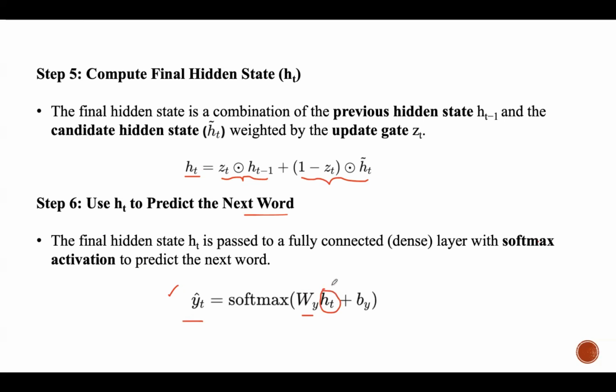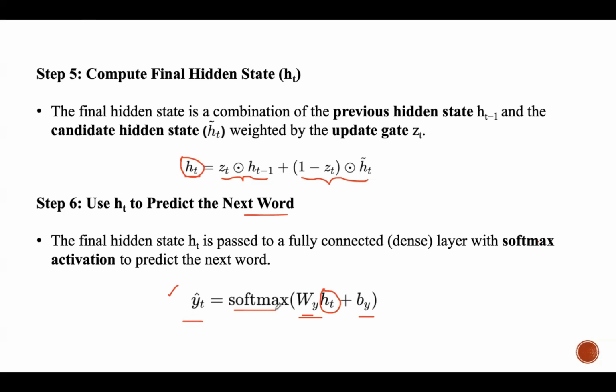And this h_t is the hidden state at time step t. So we got this value here. On this value, we are applying this weight matrix in order to transform it into the output space. So this h_t contains encoded information from the previous inputs. Then we have b_y, a bias term that helps fine tune the prediction. And we are applying the softmax activation function, which converts raw scores into a probability distribution.